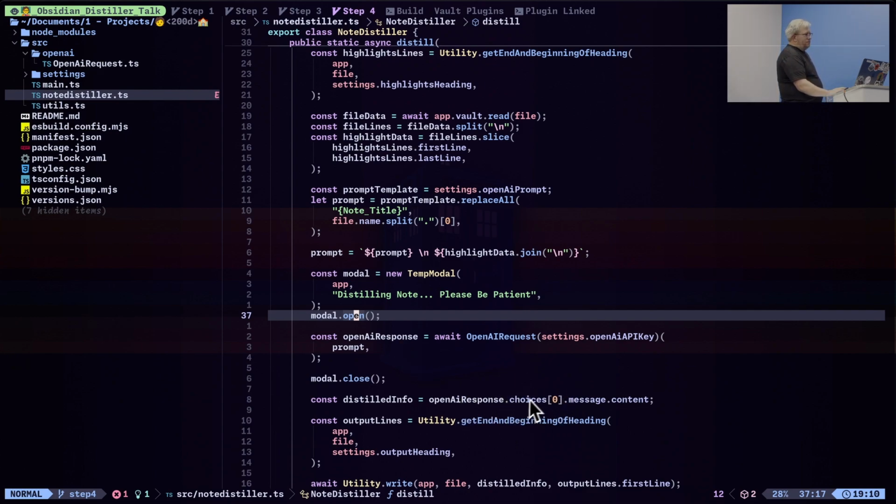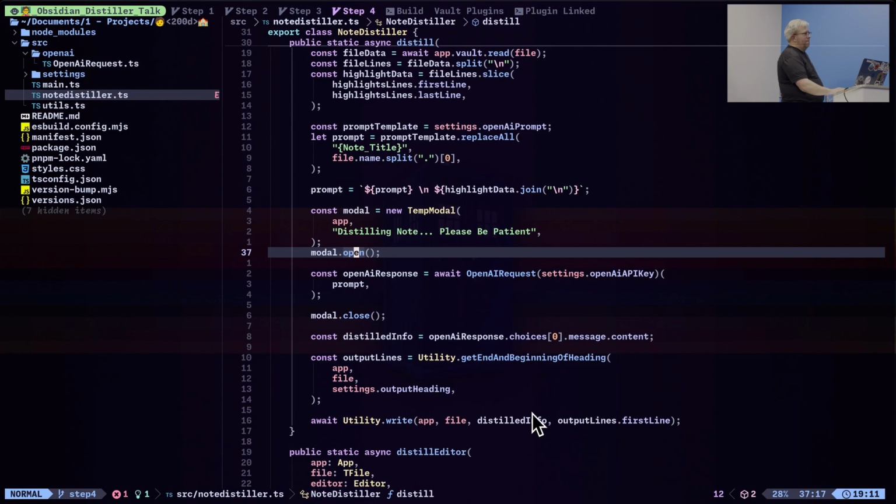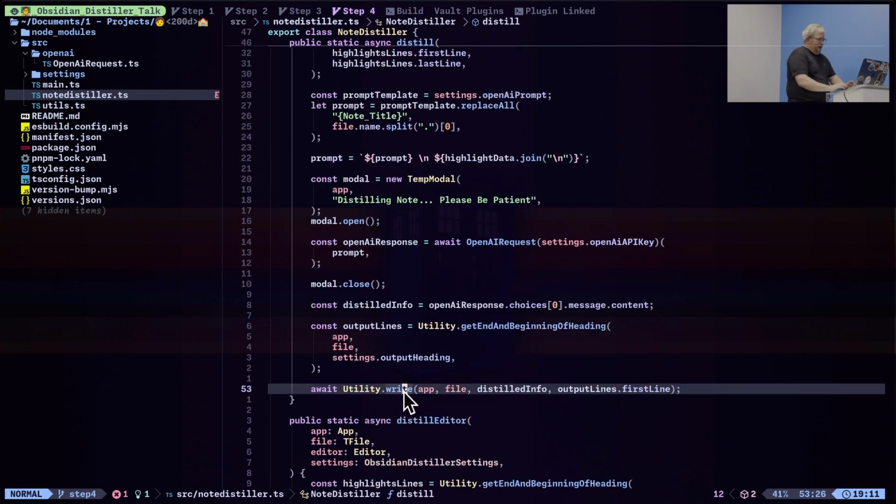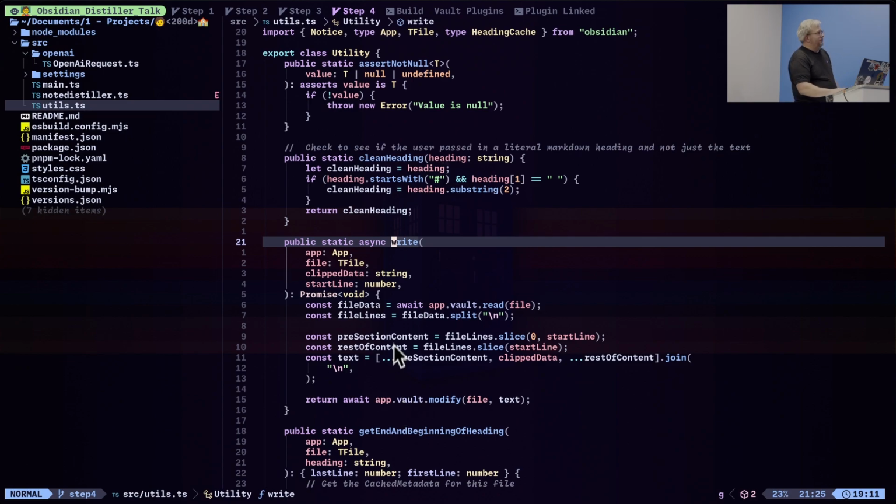I'll take the response choices 0. There's no error checking here, just by the way. So yeah, there's probably more stuff that needs to happen around this, but I'm assuming you sent me a great response. I'm going to get the very first thing you gave me, and I'm going to just put the content out there. In this case, we're going to do output lines, and this is where I'm calling back into that get ending and beginning with the output heading, so that way I know where I need to start appending after the header. And then this utility.write, it will wrap Obsidian's